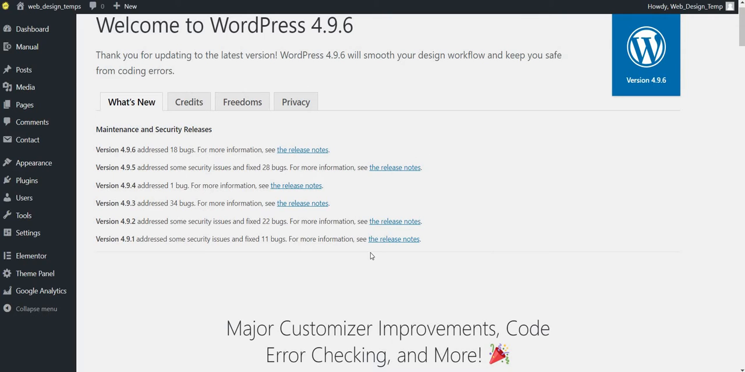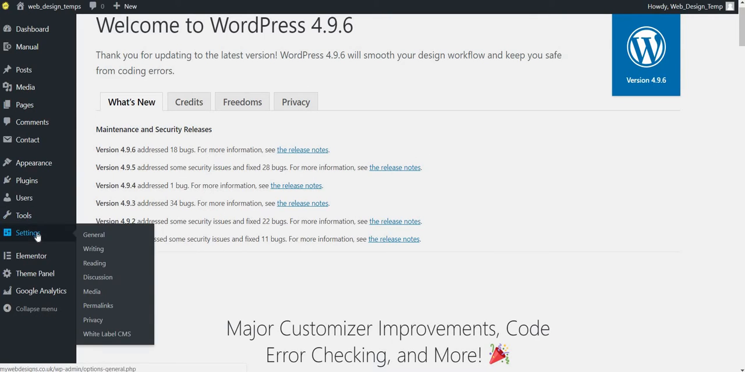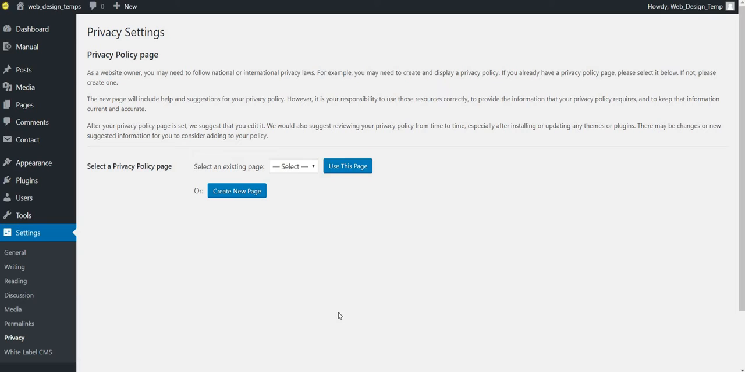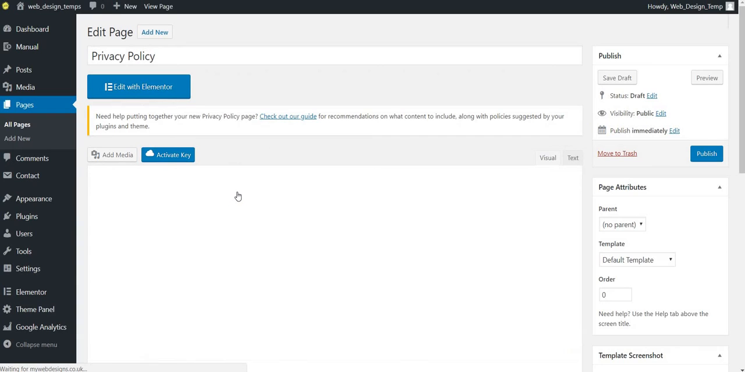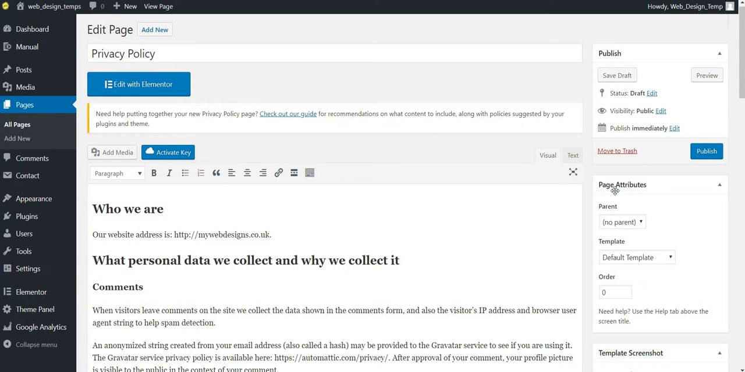But what you really want from this update is to go into settings, again in your left hand panel, and down to privacy. So if you've got an existing privacy policy page, which we haven't, you could select it from your menu. So this is all your current pages, and then select it, for example, about one, and then use this page. Or if you don't have one, you would create a new page, and then they give you everything that you